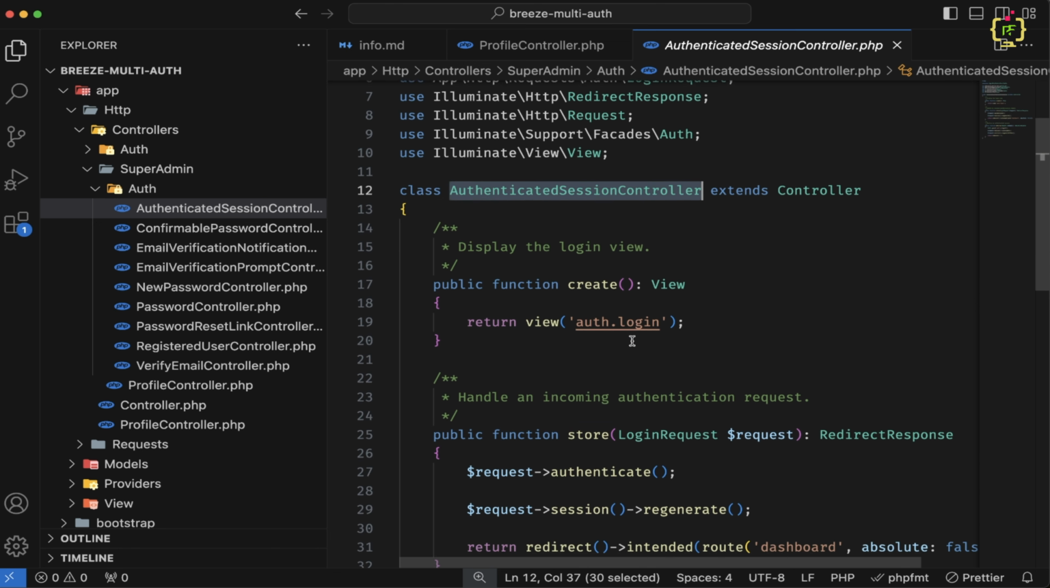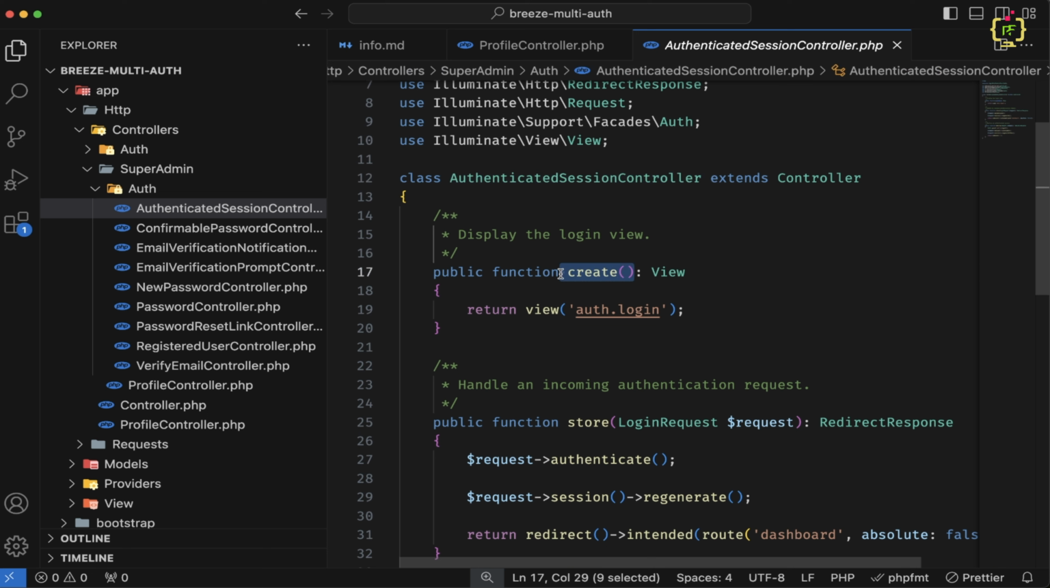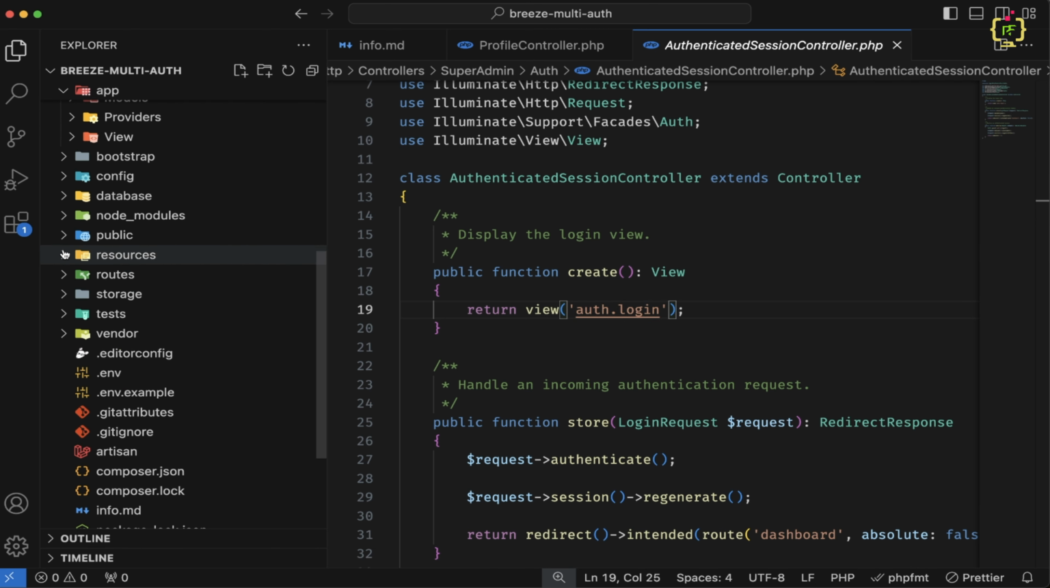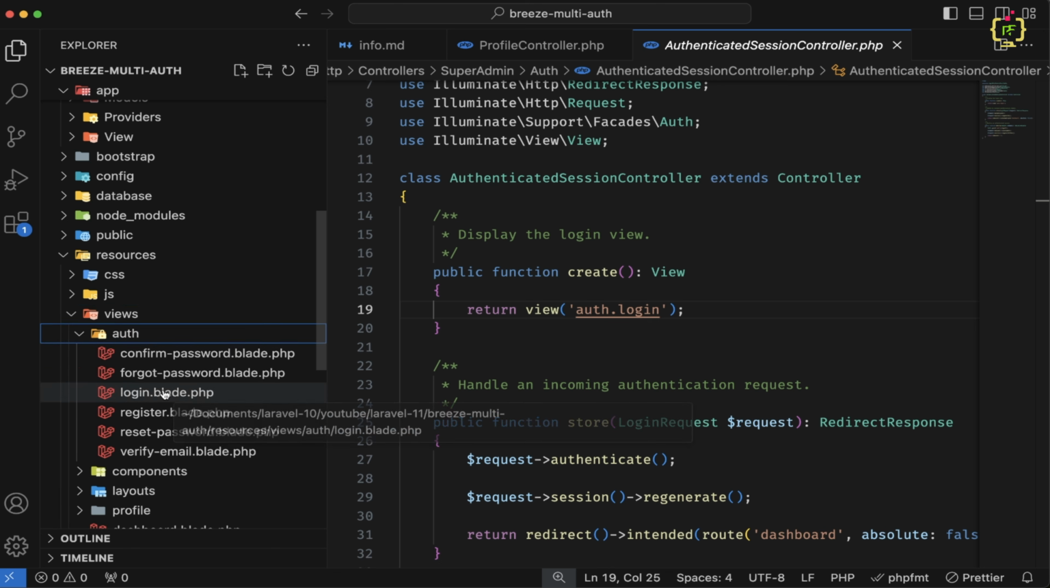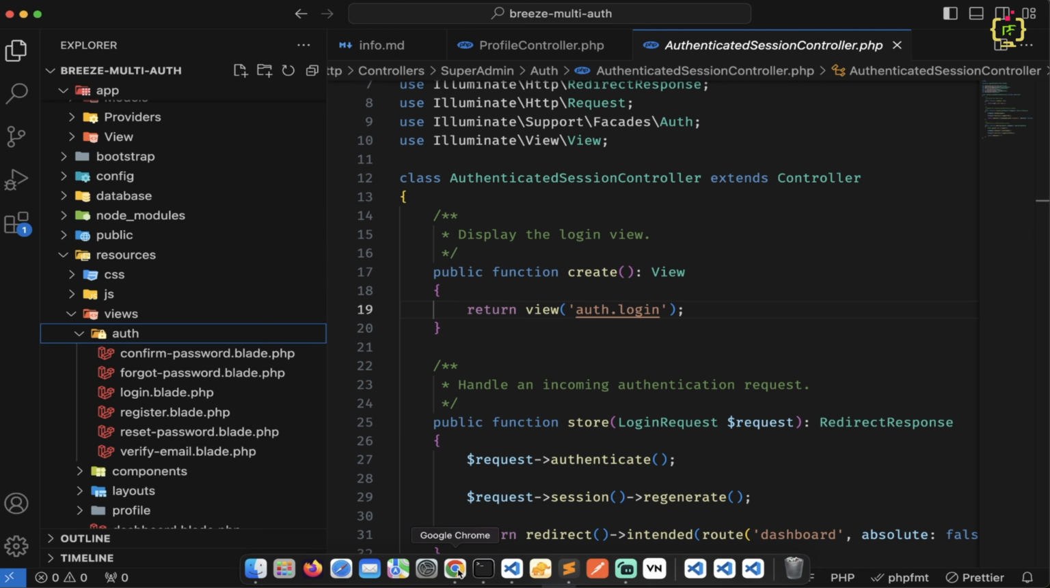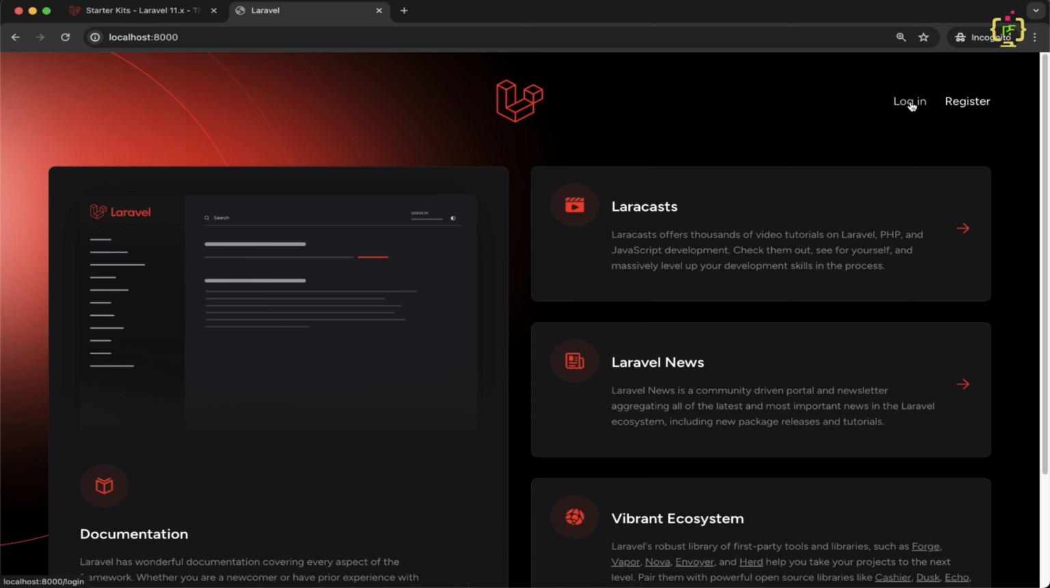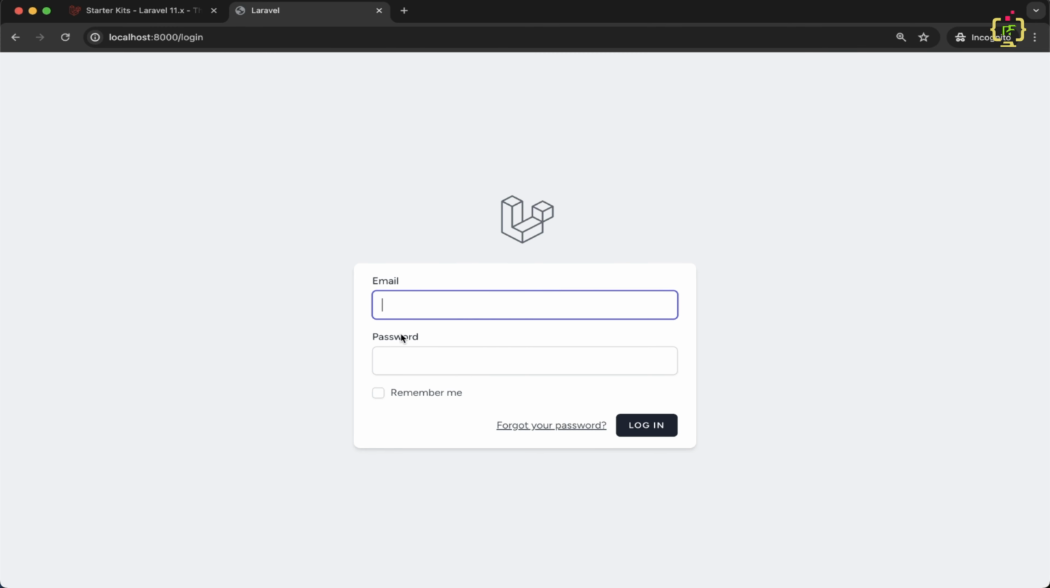And if we'll scroll down, then inside this we can see we have the create function. So here inside this create function, we can see this is returning one view as auth.login, and this auth.login we can find inside resources, views, and inside this we have the auth folder, and inside this auth we have the login.blade file for managing the user login process. So if we'll come back to the browser and if we'll click on this login, then we can see we have the login page, and that is added here inside this